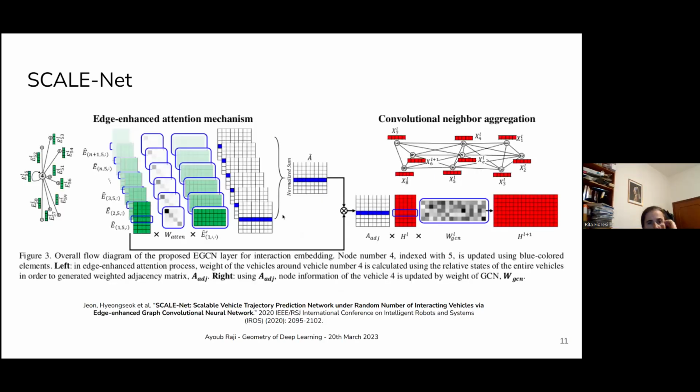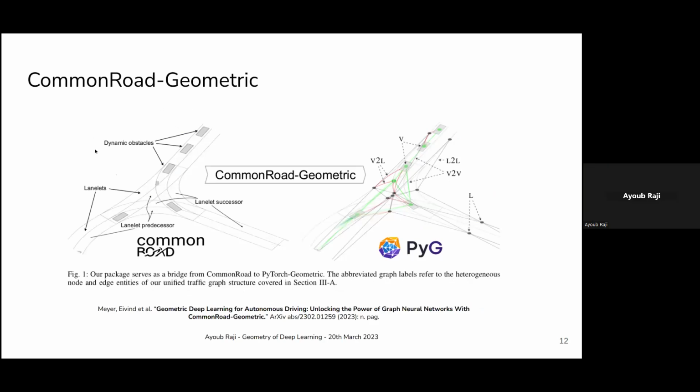Due to the popularity of geometric deep learning approaches also for this kind of task, one interesting paper that I read is Geometric Deep Learning for Autonomous Driving: Unlocking the Power of Graph Neural Networks with CommonRoad Geometrics. These researchers from the University of Munich have CommonRoad, basically a dataset of traffic environments: roads, cars, objects, and also what they call lanelets, information between several lanes of the road. What they did is they moved